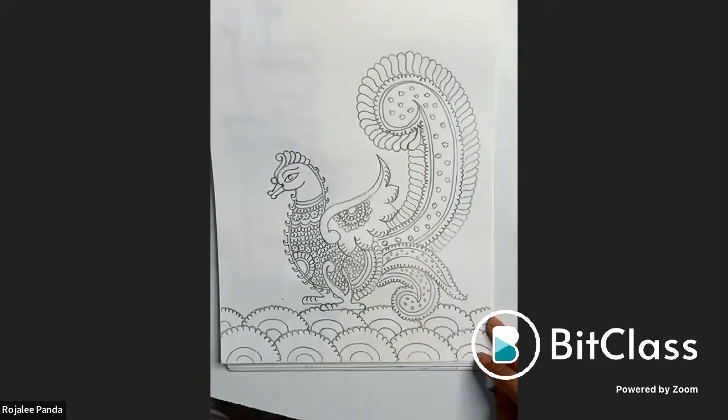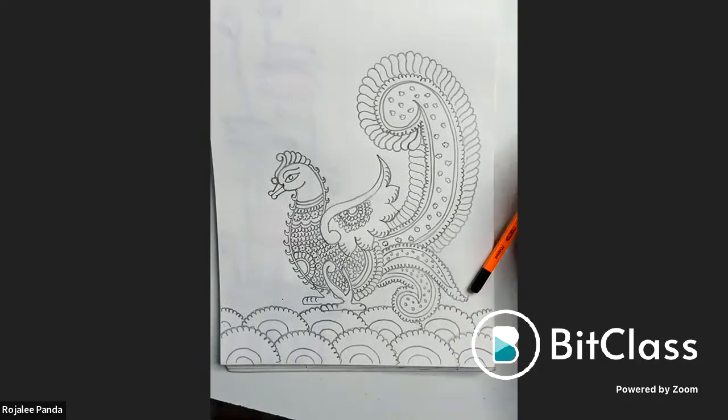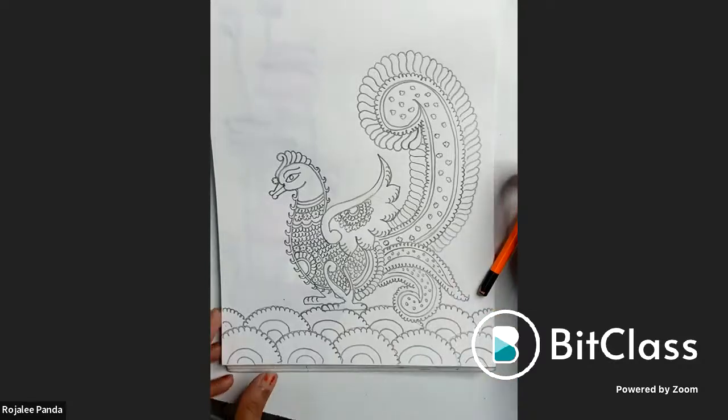Yes, you can use gel pen, marker pen, technical pens. You can definitely use it. Otherwise, you can use 000 round brush, and you can just create the whole painting with the acrylic color. That is also, you can definitely do that. Okay. So this is the final outcome